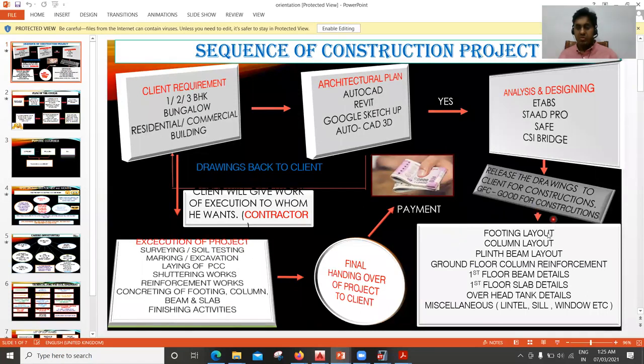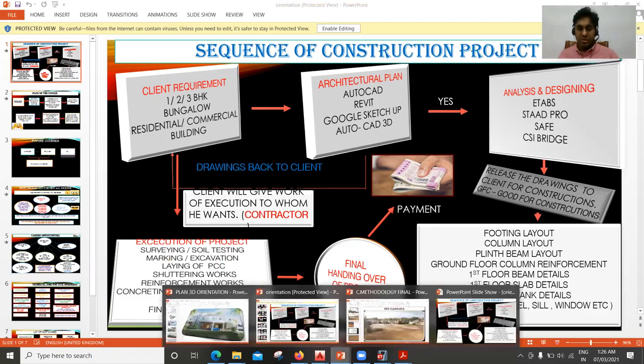Now these things, like the footing layout and the column layout here, whatever we studied, subjects like concrete technology, building materials and construction, geotechnical engineering, those subjects will find their applications once we start doing the execution of the work. That is, when we go to executing the work, whatever we learned in surveying, we will put that to application when we start to work on real projects, right? So that means, let us say,